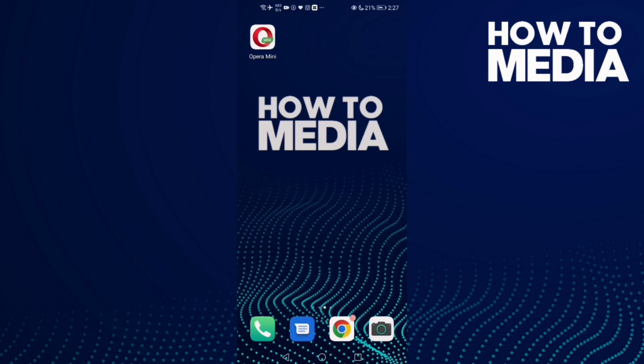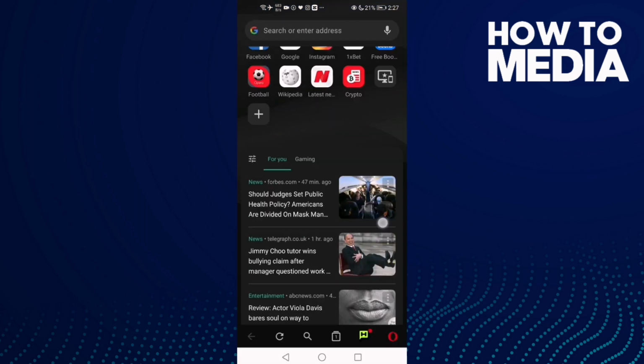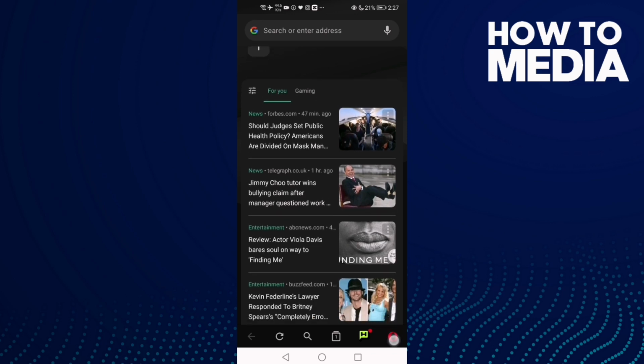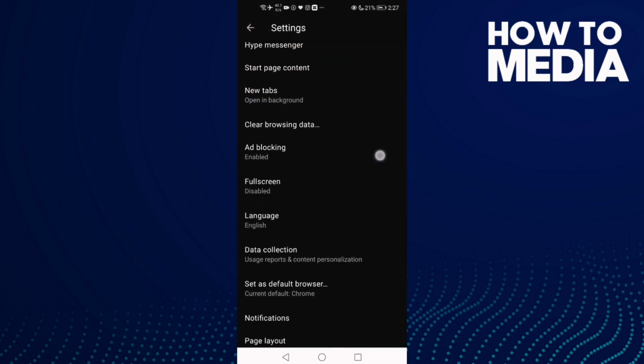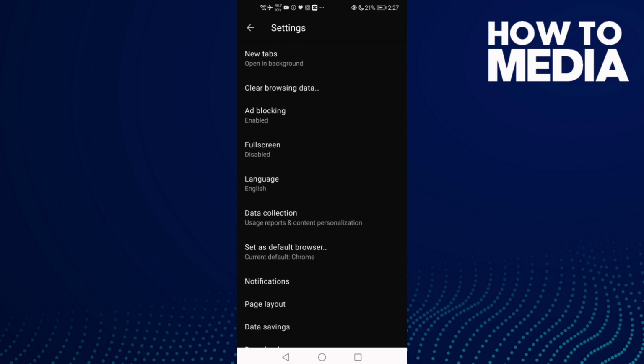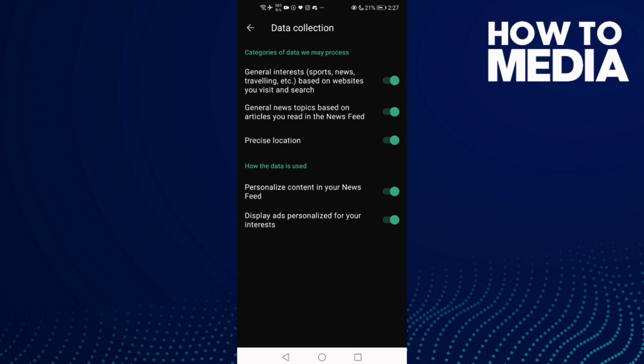First thing I'm gonna do is go to Opera Mini and then click this Opera icon here, and now click settings and then click this one, data collection, and here you will find this categories of data we may process, and here you can manage anything you want,